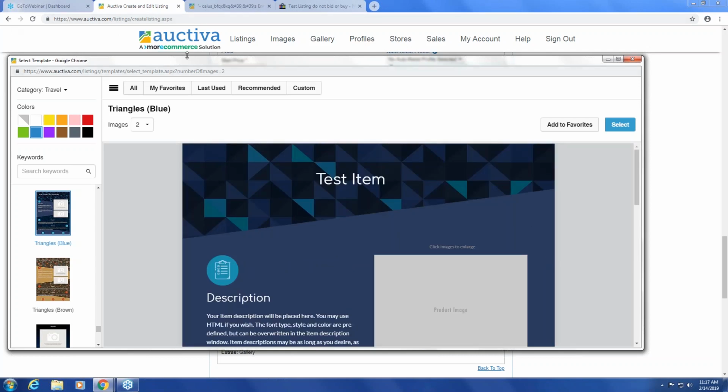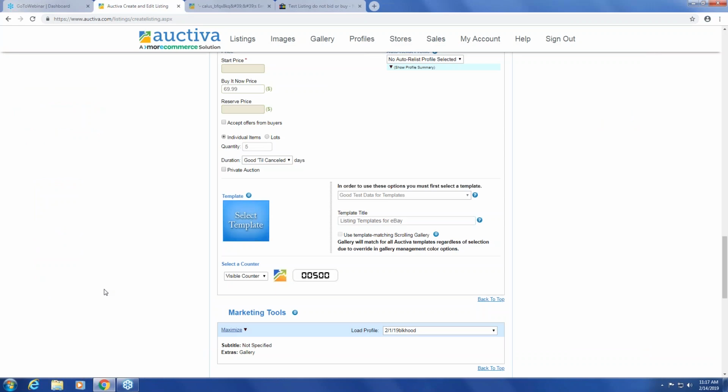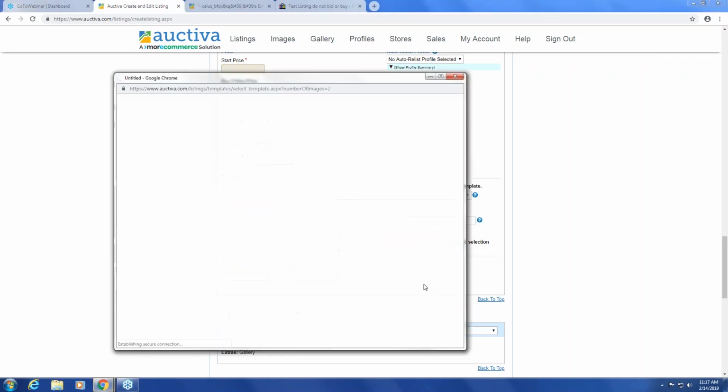So we have mobile responsive listing template designs. They're 100% active content free and compliant with eBay policies. Plus they come with the click to supersize feature for your product images. And they're available for all Auctiva plans. So when you create a new listing, I would encourage you to check it out. One thing to mention